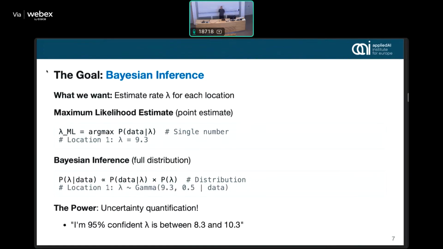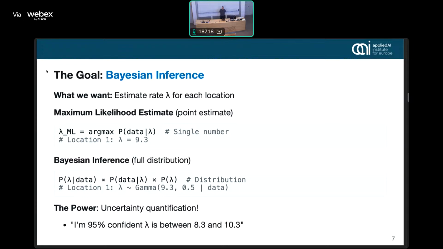Now the problem, of course, is we have this likelihood, or the model with the rate parameter lambda, and now we want to estimate this parameter given the data that we have seen. One approach would be to use the standard maximum likelihood estimate, so we just maximize the likelihood. It's a standard optimization problem. We do an argmax over our likelihood, and we find the parameter lambda that optimizes